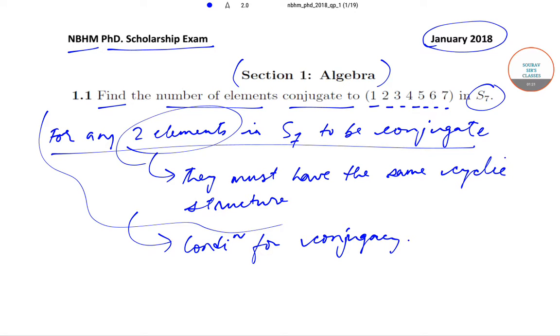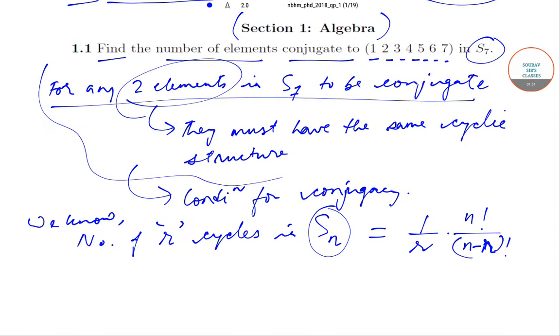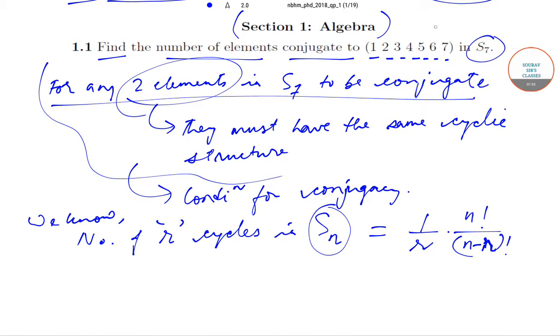So now we know that the number of R cycles in S of n, which is a group, is equal to 1 by R into n factorial by n minus R factorial. This is the formula. So now in this case in 1, 2, 3, 4, 5, 6, 7